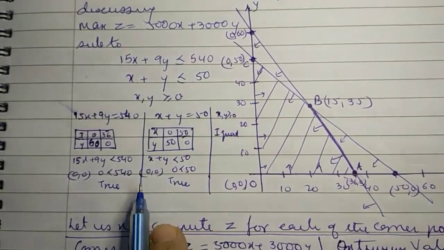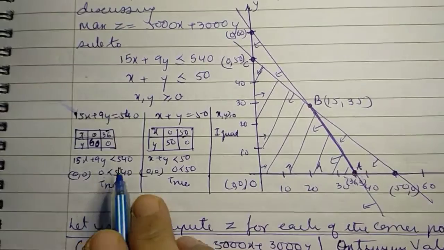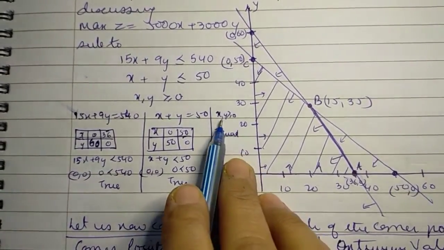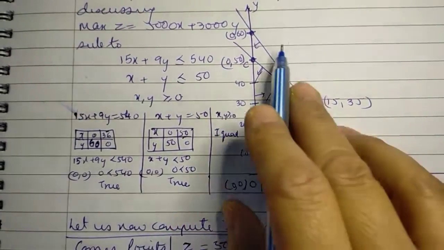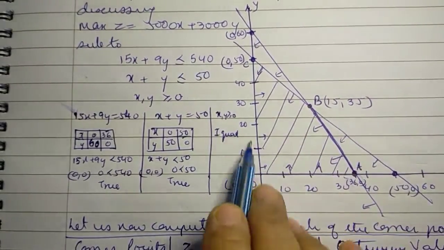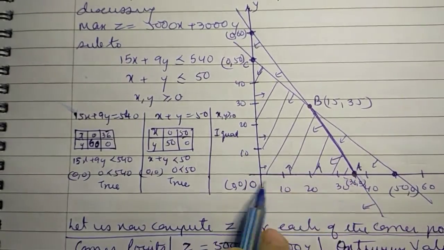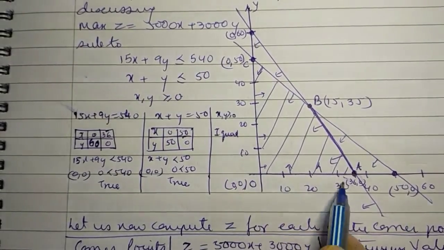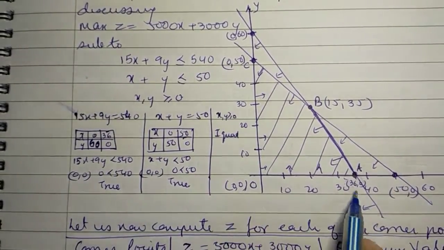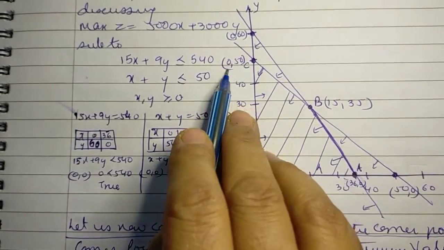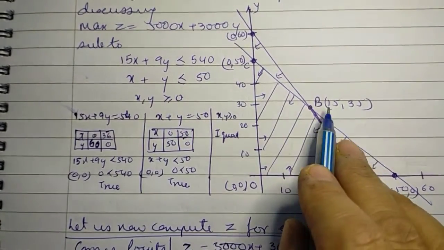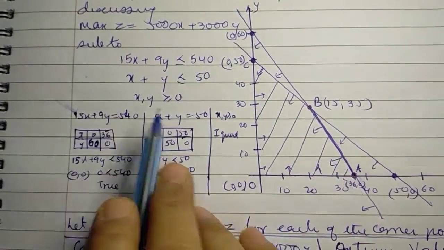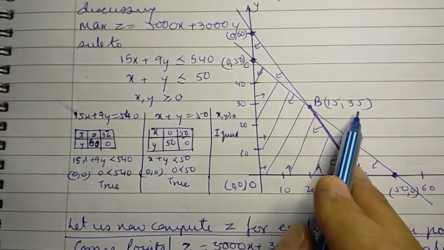Proceeding exactly the same way as we did in the previous example, we plot the two lines, then check the area to be shaded, then x and y greater than or equal to 0 means the first quadrant, and we ultimately find the feasible region as O, A, B, C, out of which we know the coordinates of O, A and C as 0, 0, 36, 0 and 0, 50. The only thing which needs to be found out is point B, which we can easily find by solving these two equations. It comes out to be 15, 35.